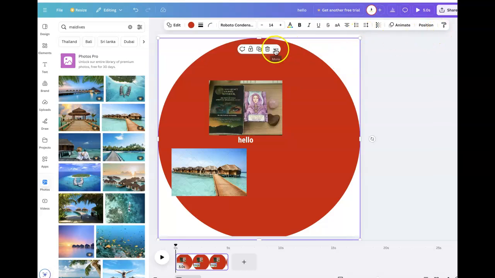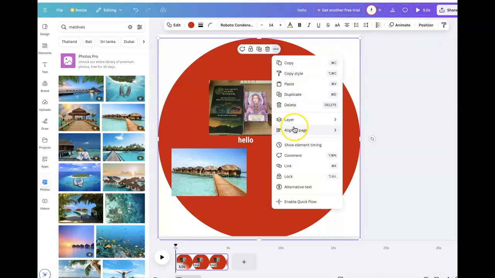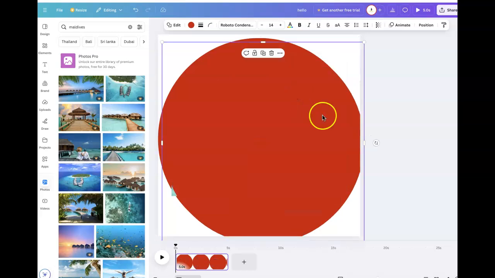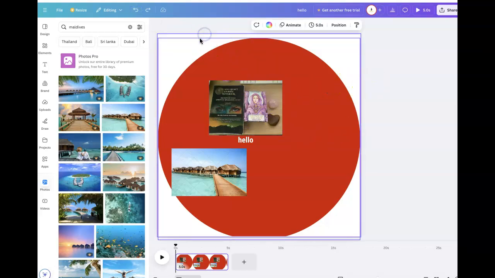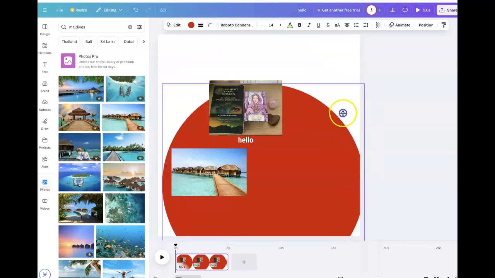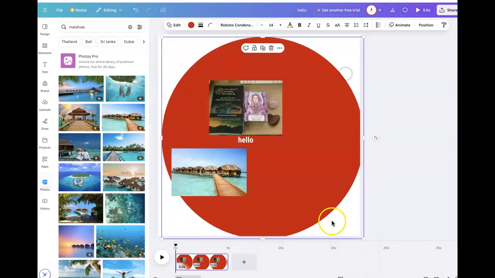I can't see where the actual duplicate is. Oh, did it duplicate the image? It just duplicated one image, so I'll go back. I think doing it via this, I'm not familiar with the actual video. Normally you would just go up here and duplicate it. So I'm not entirely sure how to do it. I know how to do the duplicating for